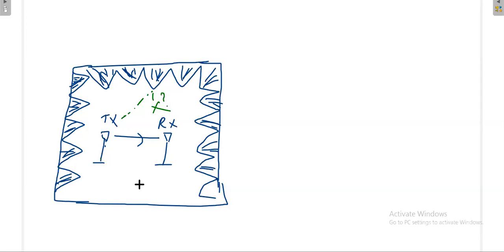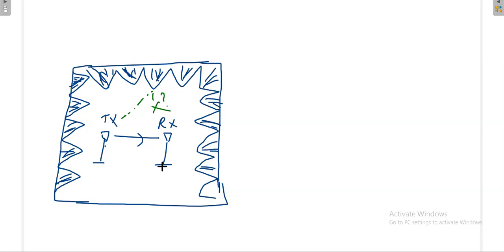You will get some reflection. That's okay, but you will not get a reflection from the sides and from the tops. Some reflection may be there from the bottom that you have to adjust with. And again, if you fill this also with that material, then you can arrest that reflection also. This is the way to arrest the reflection.